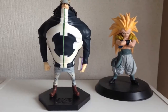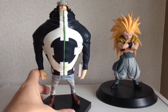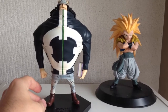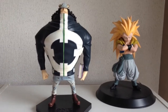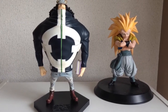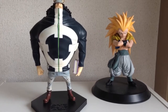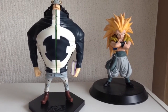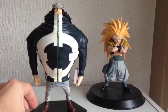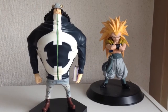So in this video I'm going to be reviewing this figure on the left. It's the Bartholomew Kuma, and it was part of a larger set of 8 from the Shichibukai, or 7 Warlords set. And I've actually reviewed that before, but I think only 2 of the figures, Jinbei and Hancock, were open in that one, so I haven't actually shown this figure unopened. But if you want to see the whole set of 8, I'll put a link to that video in the